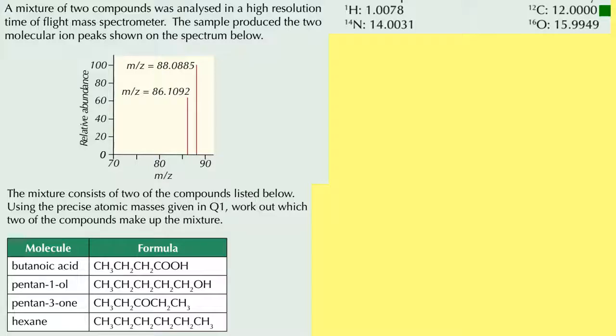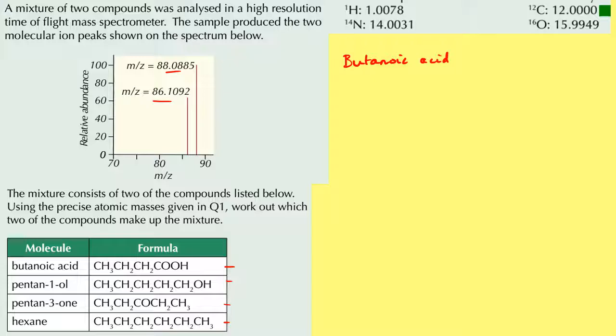So we're going to do the same thing as we did in the previous question. We're going to hope that one of the MRs that we work out for these 4 compounds turns out to be 86.1092, and another one comes out at 88.0885. So let's just crack on. We might as well start with butanoic acid at the start. So butanoic acid, 4 carbons. Let's just write it out. Butanoic